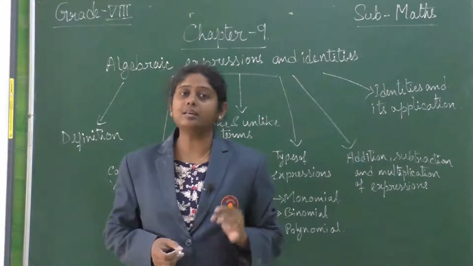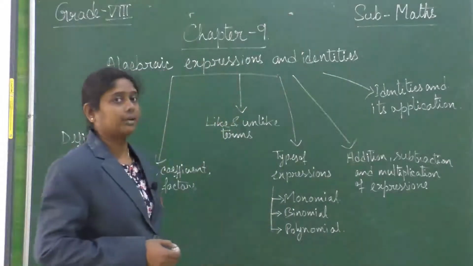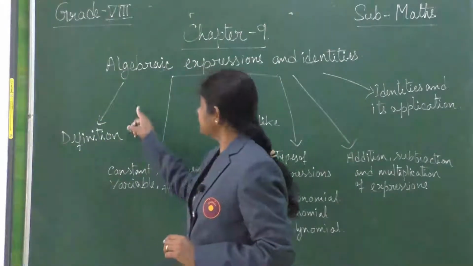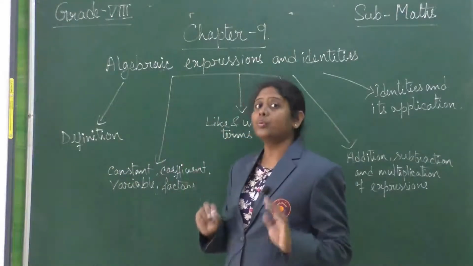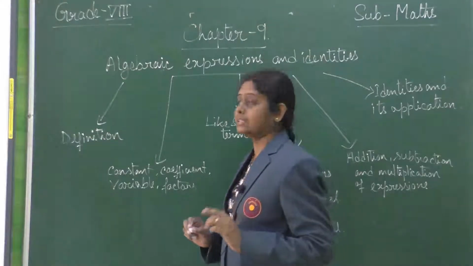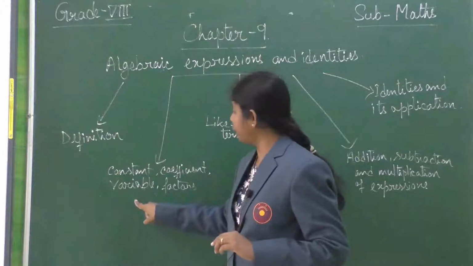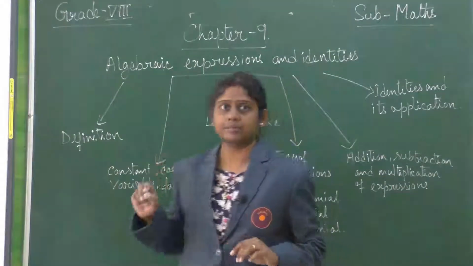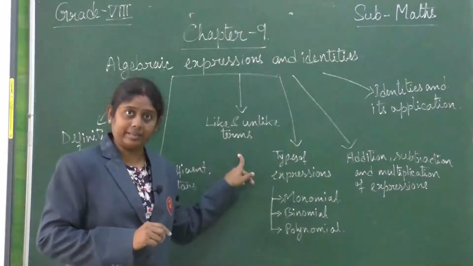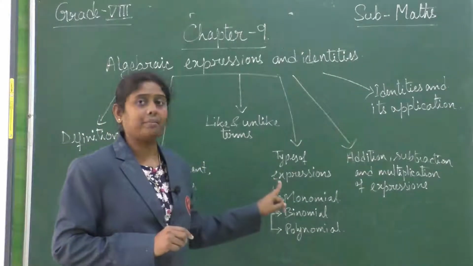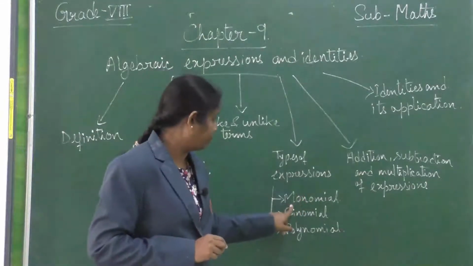First we will check the mind map of the chapter. In this chapter we have learned first the definitions of algebraic expressions, then we have identified from the algebraic expressions the terms like constant, coefficient, variable and factors. After that we have learned the like and unlike terms. Next we have learned the types of expressions like monomial,